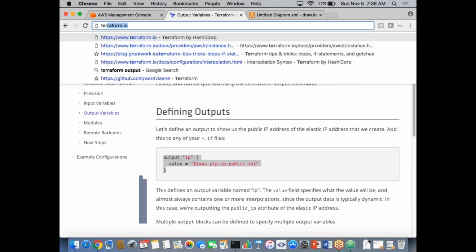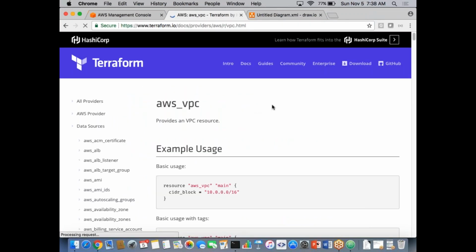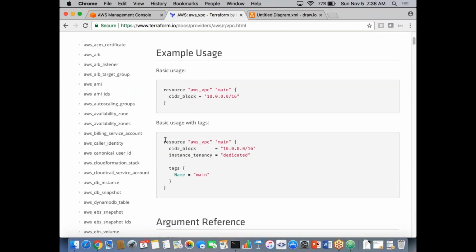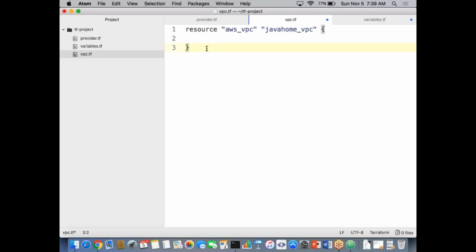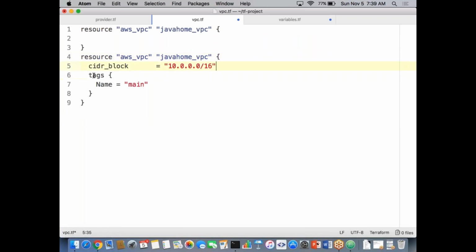Go to Google, search for Terraform VPC, and open that. Yeah, this makes more sense for me. I need a CIDR block. The other option is optional anyway, don't use that. And tags for declaring the names. It should not be dedicated, be careful. So the name tag is JavaHome